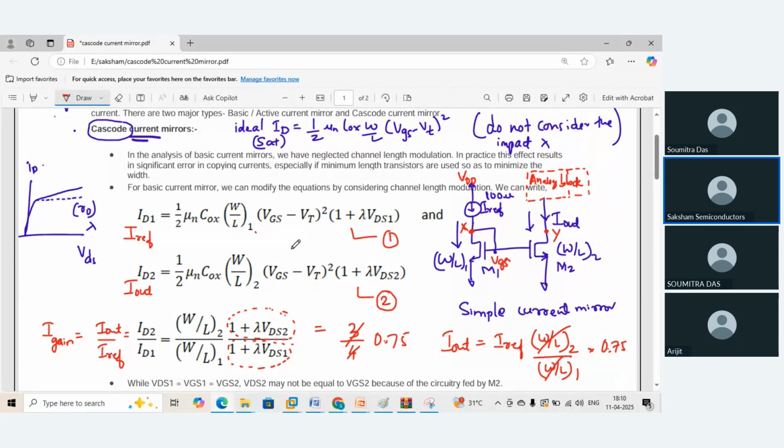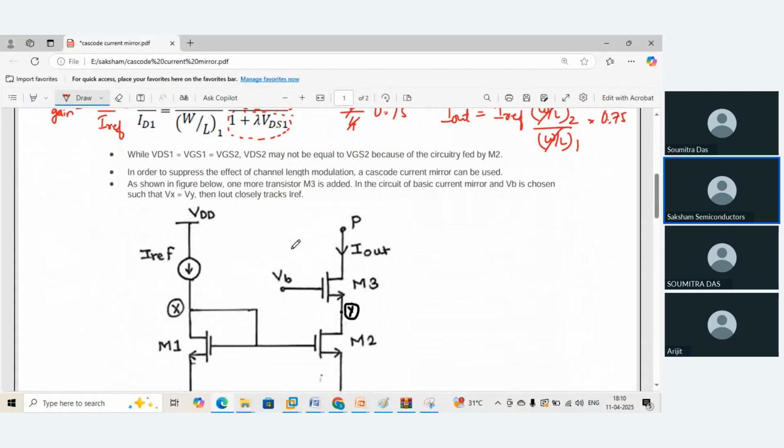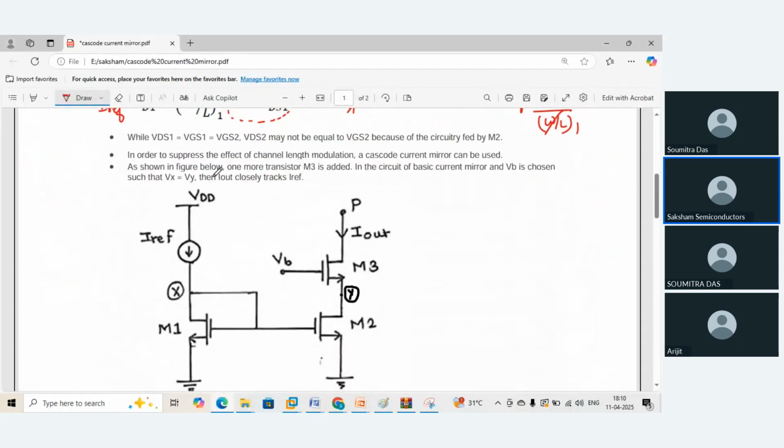And in the cascode current mirror combination, let's say I have marked over here the VDS of 1 and VGS1 and VGS2, these all are equal, isn't it? Because the same node is connected over here and that is also connected over here. That's what I mentioned here. While VDS1 is equal to VGS1 and that is equal to VGS2,